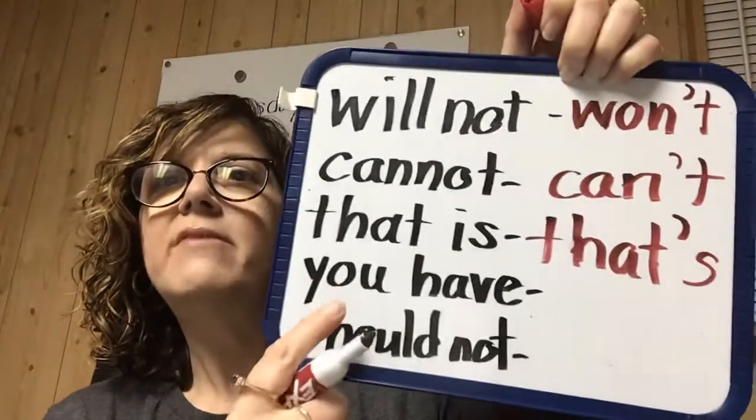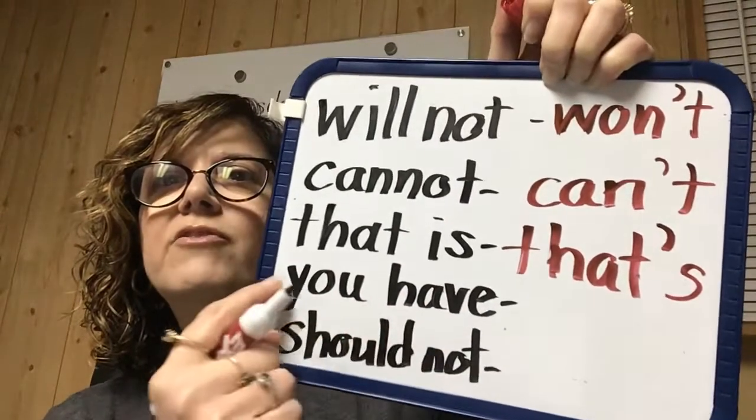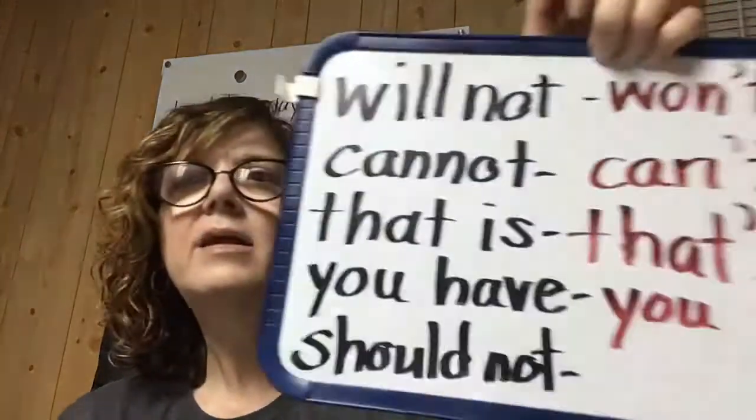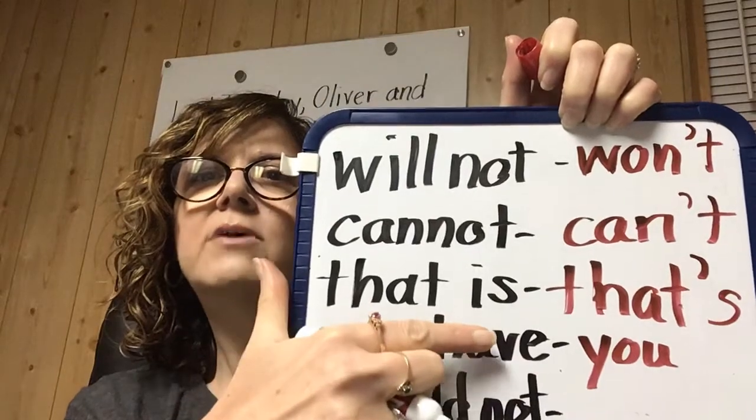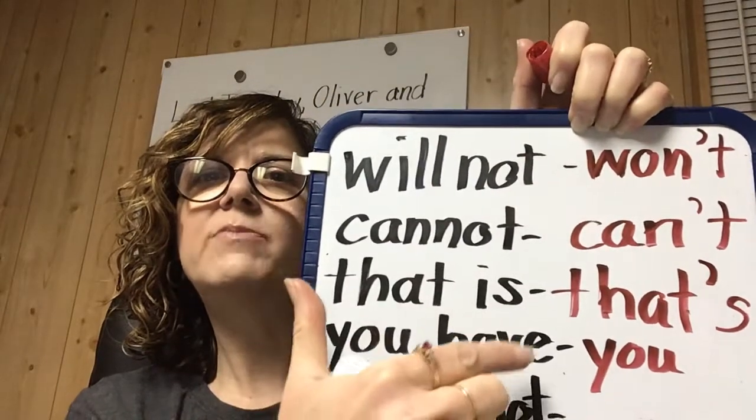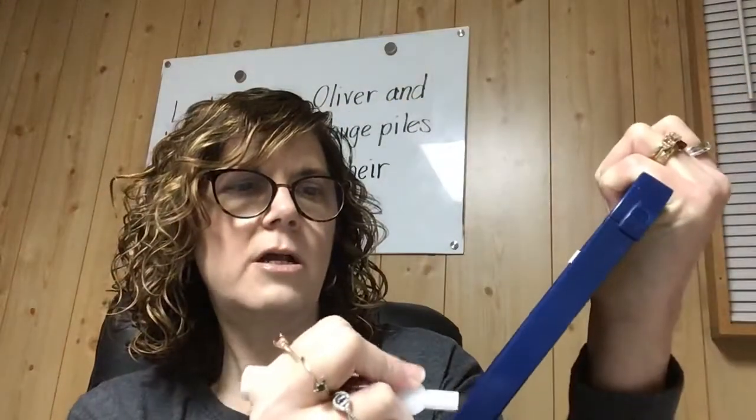Alright? The next one I have on the board is you have. So the first thing you're going to do is just go ahead and write all of the first word, you. And then think about the word have. What do we say you do? Oh, you're going to take away the HA. And you're just going to keep the VE. So you're going to put apostrophe